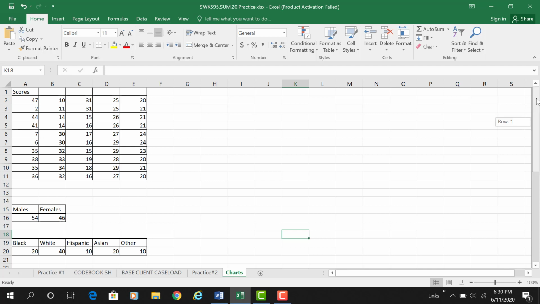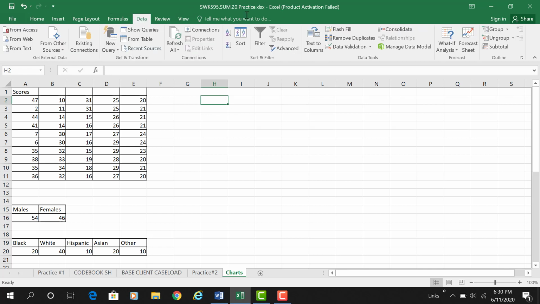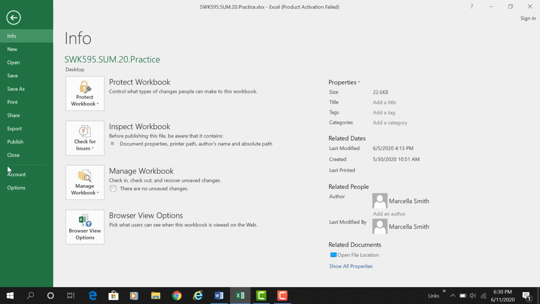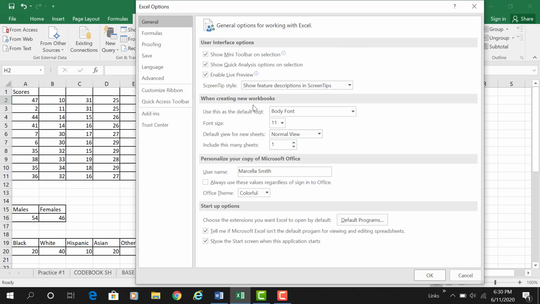So if you remember from last week, for a histogram you have to go to Data and then Data Analysis. But remember, it's highly likely that you'll have to add Data Analysis every single time you use Excel. So to do that, we go to File, Options, Add-ins,